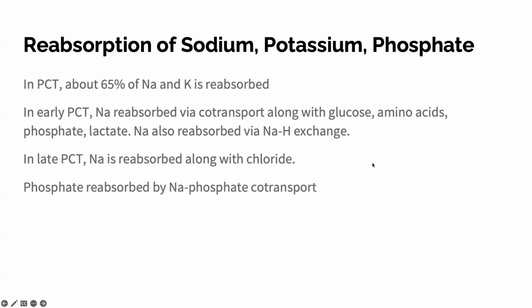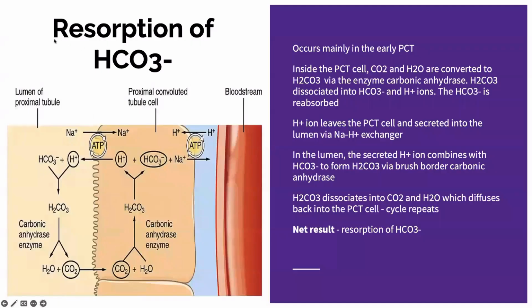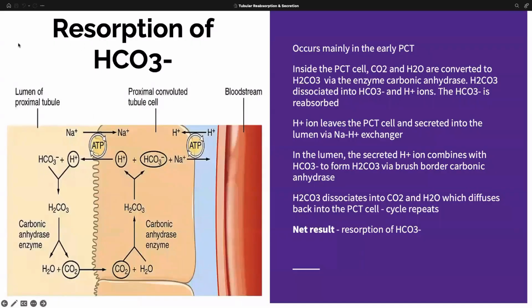phosphate ions. Now, regarding resorption of bicarbonate ions, this is a little complex cycle that you should understand, especially for SPE. They can give you a diagram of this, and you should identify where's what. So you should know that resorption of bicarb ions occurs mainly in the early proximal convoluted tubule. And the cycle begins, so in order to make it easier, you should start inside the PCT